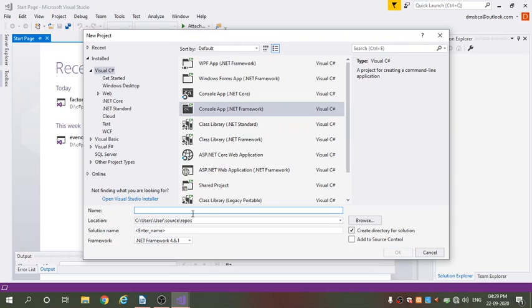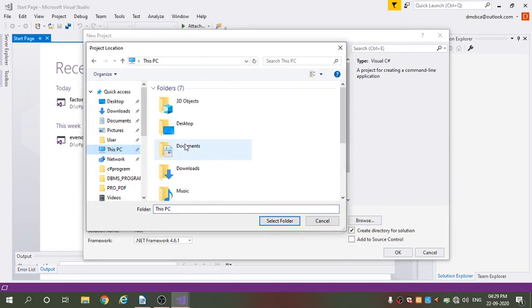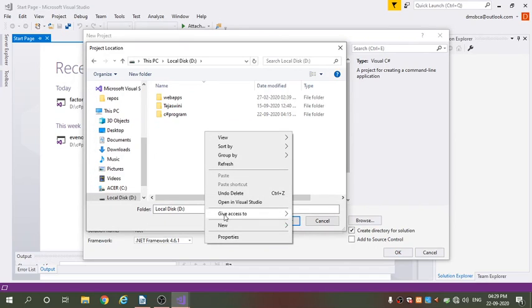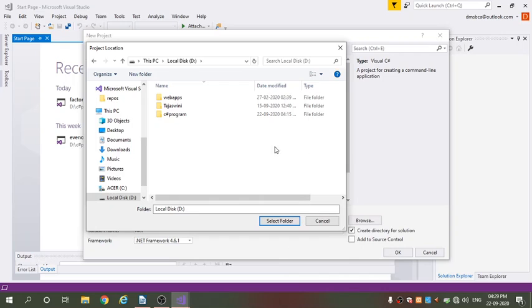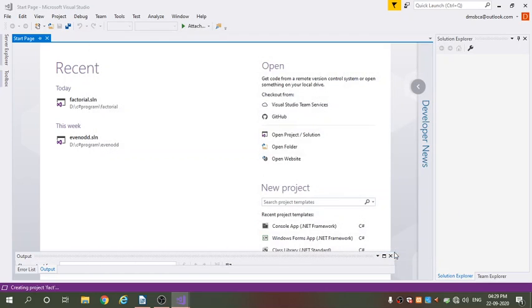I give here fact, and give your location for your file or project. For that you have to browse, go to This PC, go to the drive, right click, new folder. I have already created a folder C# program, so I choose this folder and click on Select Folder. After that you have to click on OK.